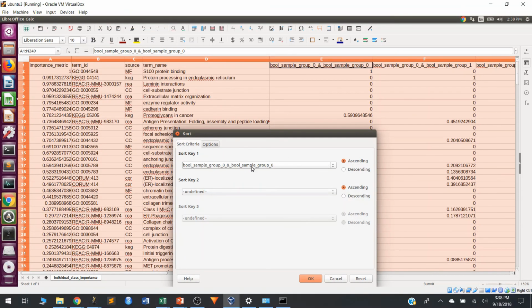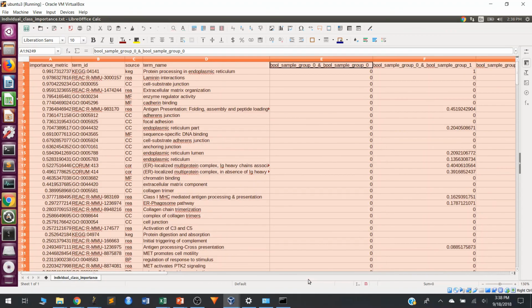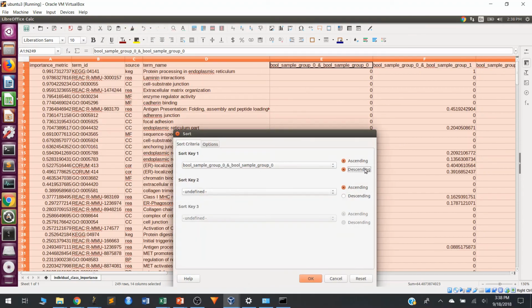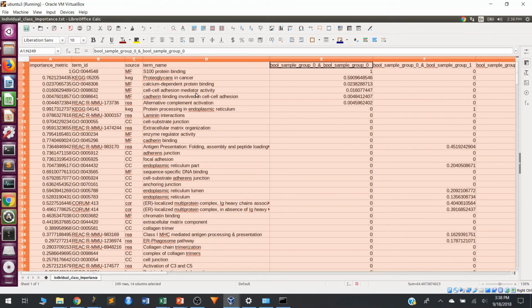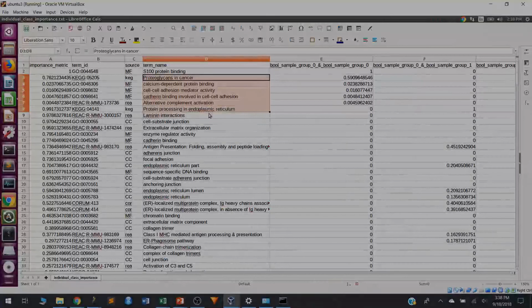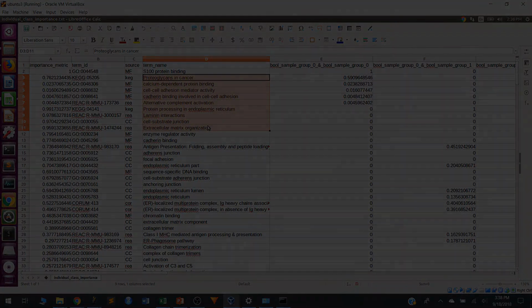So here, sample group 0 to 0, the autocrine signaling there is most significant and important for S100 binding. And you can go down the list here and